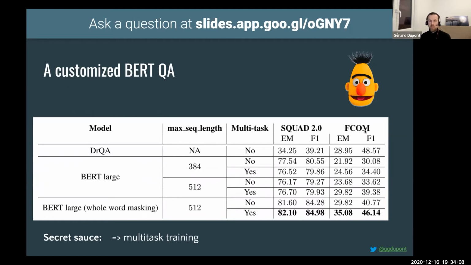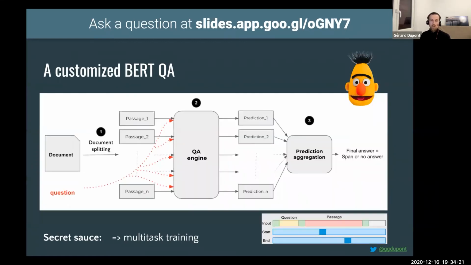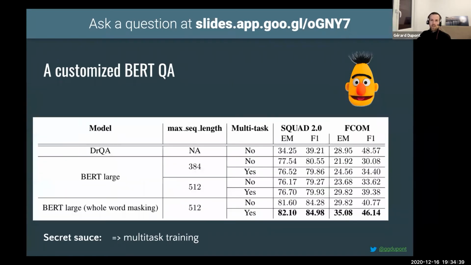So in our case, when we did our experimentation on the FCOM, we did a classical fair machine learning analysis where we trained on part of our dataset, let's say 60%, and then we evaluated on the 40% that the system has never seen. So the system is not learning the answer by heart. The system is identifying how to find the answer in the passage of a document. That's a very relevant question, but it's very important to know that this kind of system can answer a much wider range of questions, and not only the ones that it has seen during training.